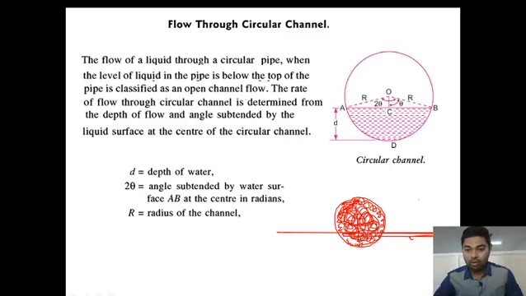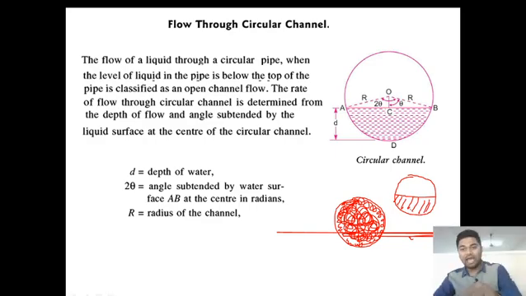Suppose let us consider one more circular channel. Here the water is flowing half or 3/4 full, then this type of flow is known as open channel flow in a circular channel. Here the water is not touching all the boundaries or the total circumference of the circle. It flows in the form of a semicircle. So, this type is nothing but open channel flow in a circular channel.